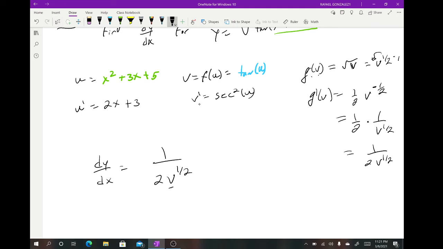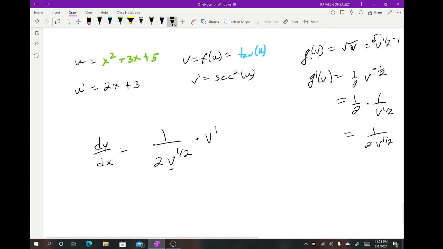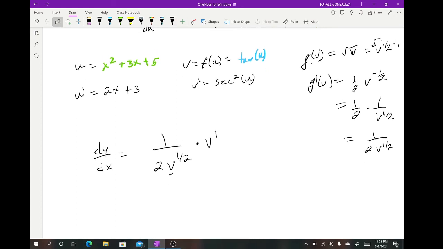And we still have to multiply by the derivative of v, v prime, because we're doing the chain rule. So we multiply by v prime. Almost forgot about that. So what do we have here? We have dy/dx equals 1 over 2, v is tangent of u. And remember, the 1/2 power just means the square root. So this is the square root of tangent, and u is x squared plus 3x plus 5. So x squared plus 3x plus 5